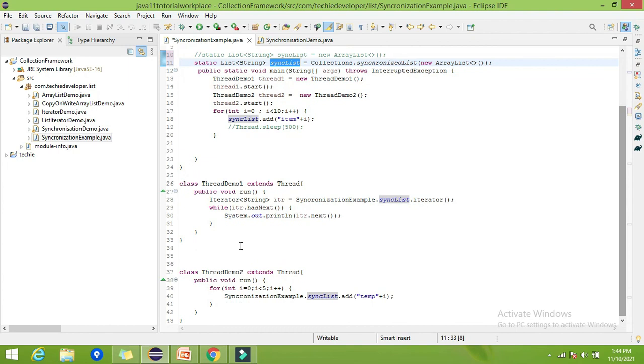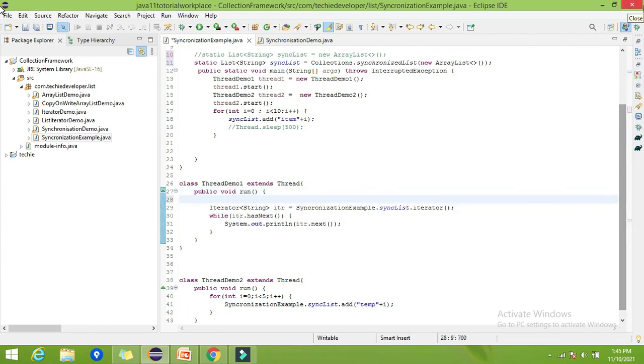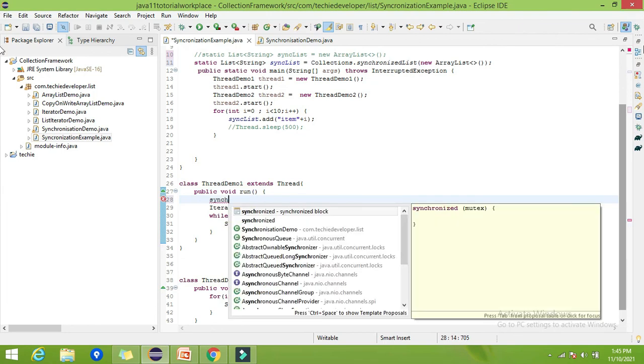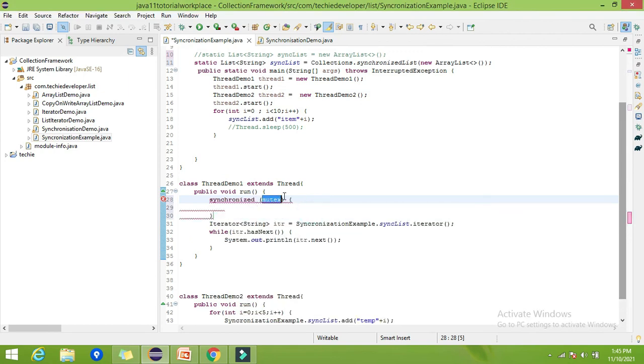So addition will be synchronized by default, removal of any element will be synchronized by default, but here we are iterating, so we have to explicitly add the synchronized block. We pass our sync list as the parameter, because we want to make this list synchronized.